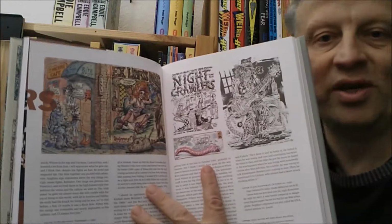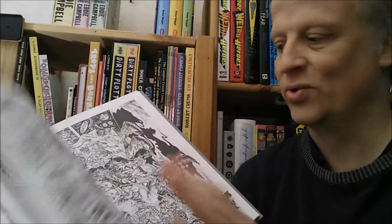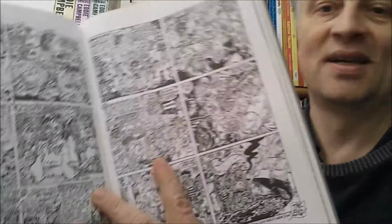Next in line is Mr. S. Clay Wilson, and I mean, our world can't be so bad if we have a thing like this, three beautiful hardcovers with a biography with lots of illustrations from this very extreme undergroundy, not mainstream guy, even though his signature out-there-ness, extremeness made him almost some corporate evil of the underground, even though I think he was a very nice guy and original guy and a good guy